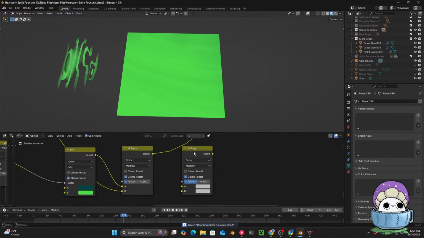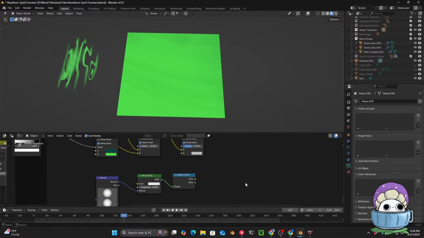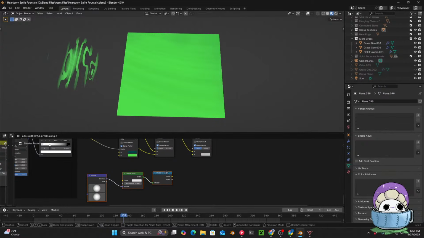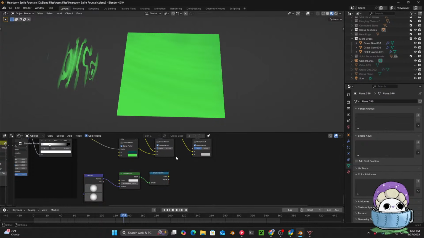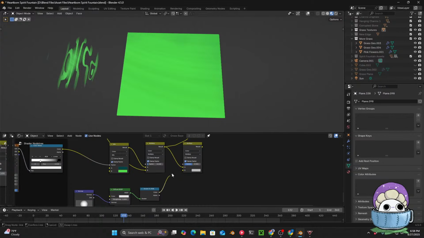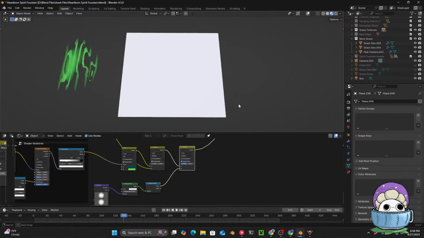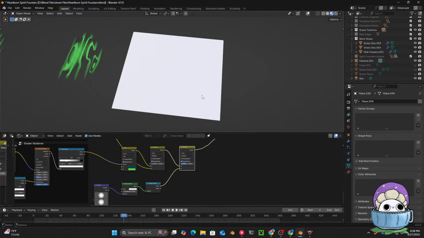But yeah, so then we'll just connect the first multiply into the A input of the second multiply, and I'll move some of this stuff over. It's unfortunately not going to be perfectly aligned with anything. But we'll just connect that to the B input, and now we have a texture. Once this loads here,